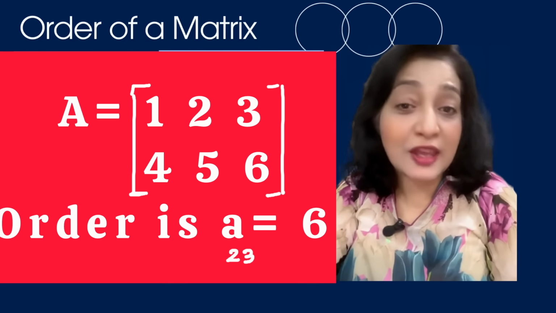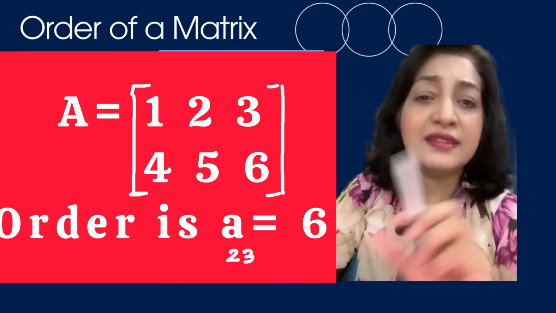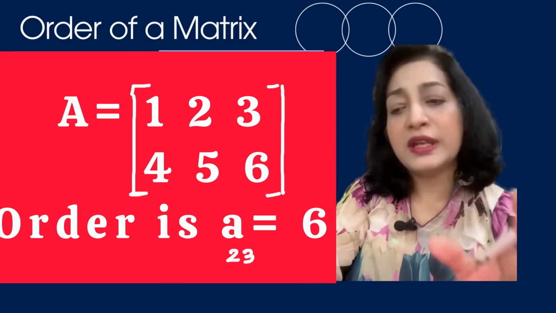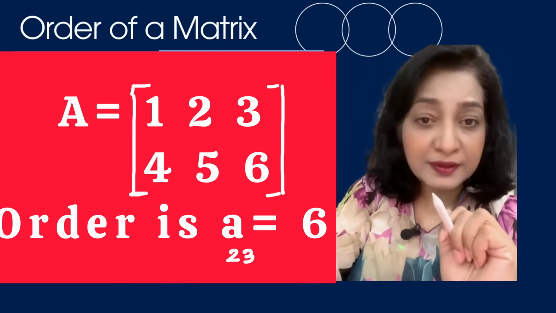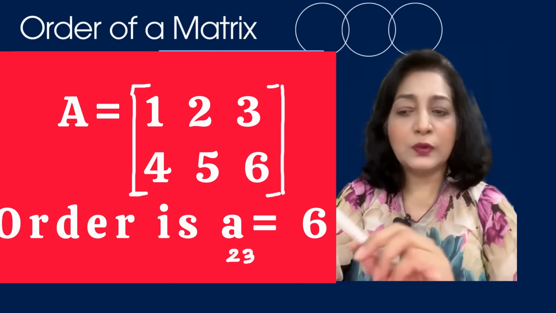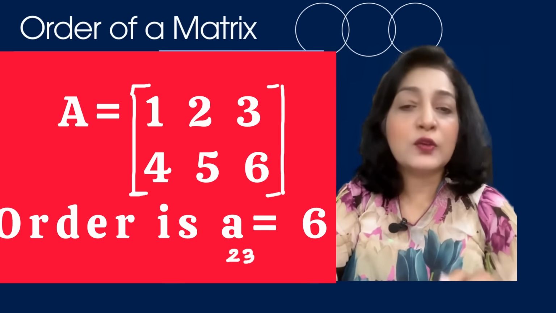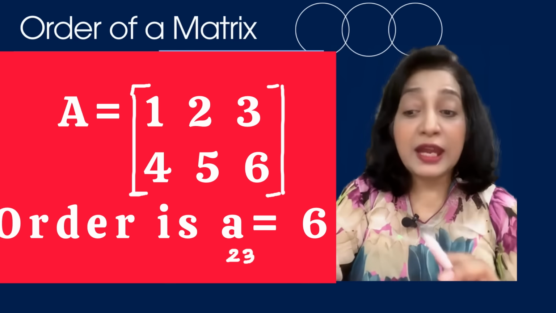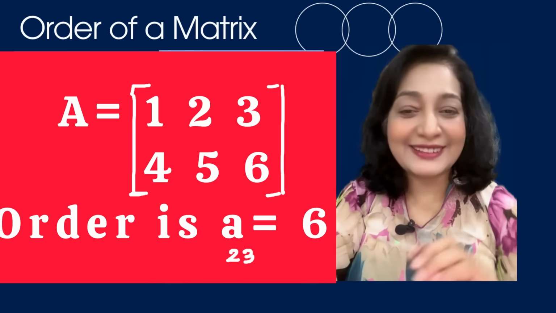Now, matrix notations and order. Look at the screen. I am showing here the example. For example, if A is equal to 1, 2, 3, 4, 5, 6, it has 2 rows and 3 columns, right? Each element is denoted by a with its row and column. A 2 into 3 is equal to 6, second row and third column. Tip: always mention the order before you operate on the matrices.